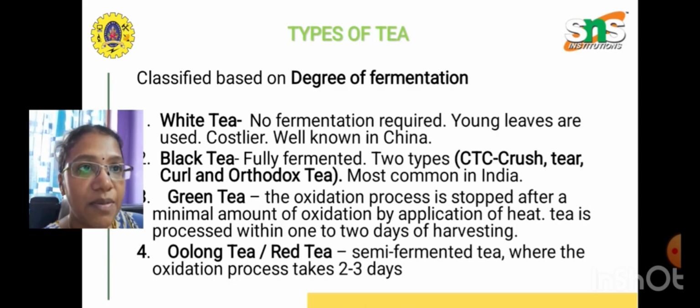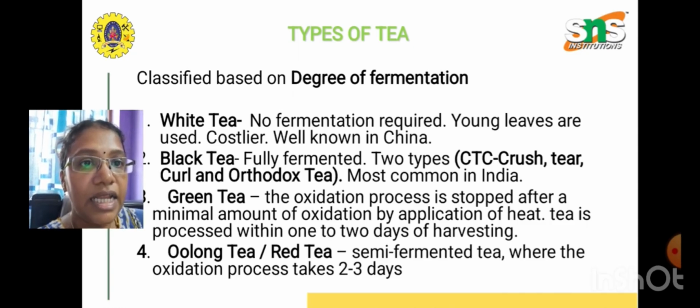Some types of tea are classified based on the degree of the fermentation process. So we classify tea as white, black, curl, that is CTC, curl and orthodox tea, green tea, and the red or oolong tea. White tea is where fermentation is not required, and fully fermented we call black tea, whereas green tea is where the oxidation process is stopped after a